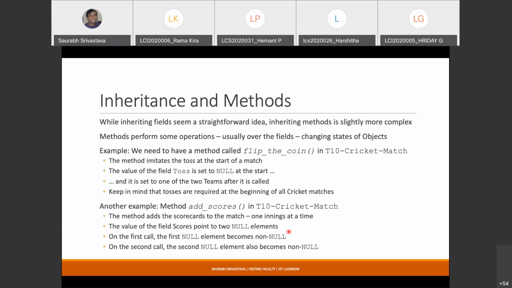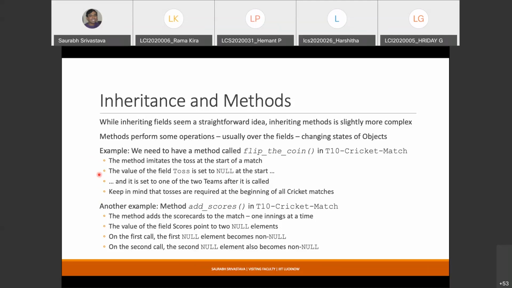They were just fields. In general, your classes will also have methods. Okay, methods as in functions are there. So, for example, let us say you might have a function which represents the toss event in the match, right? So I'm going to call it flip the coin. When you flip the coin, there will be an output. It could either be one team winning the toss or the other team winning the toss. The caller or the tosser. Either one of these two captains will win the toss, and so essentially there will be a change of state,